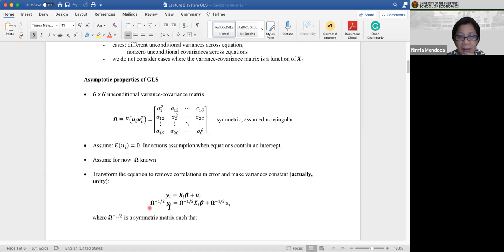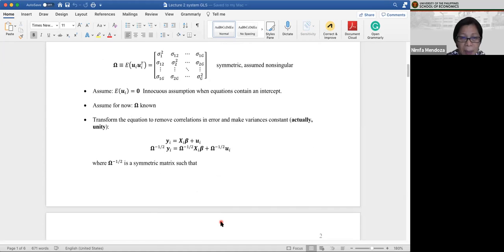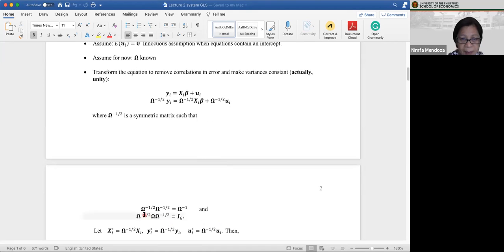So we do the multiplication. We pre-multiply both sides of the equation by omega to the minus 1/2. What is that omega to the minus 1/2? Omega to the minus 1/2 is such that if we multiply omega to the minus 1/2 by itself, we get the inverse of omega. So in a way, loosely speaking,